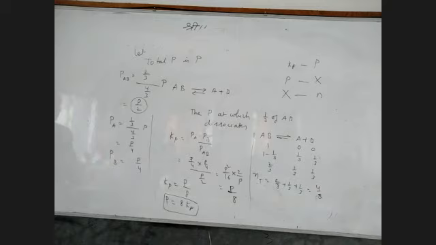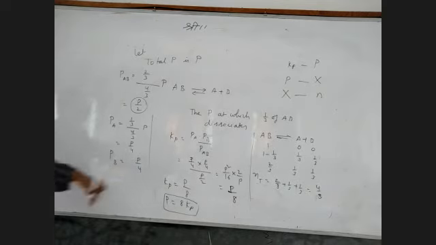Second bench, understand how to find Kp? First what we have to do, Aditya, for Kp. Partial pressure. First what we do is partial pressure. So to calculate partial pressure, what is needed? Mole fraction. To calculate mole fraction, total number of moles and moles at equilibrium. So what is the mole fraction formula?